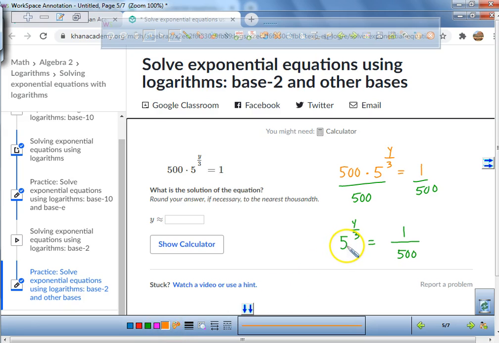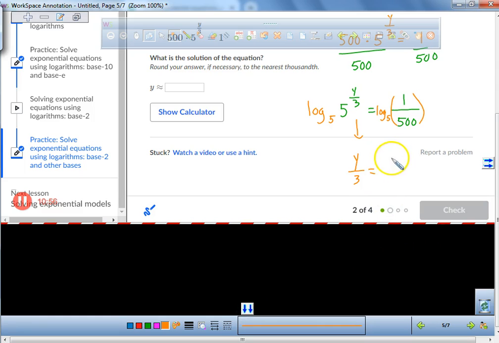So whenever you have this base, that's the base that you're using. So you've got to do log base 5 on both sides. So I've got to put log base 5 on this side, and I've got to write log base 5 on this side. Now this will be in parentheses when I put it in the calculator. So these will cancel each other out. We'll have y over 3 equals